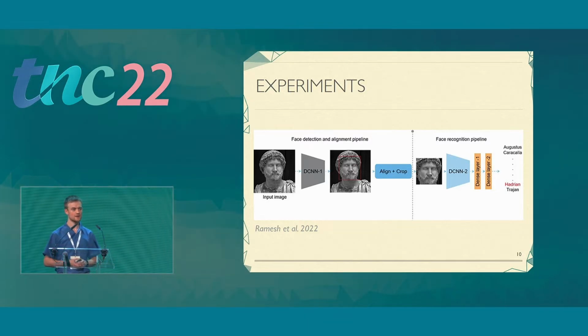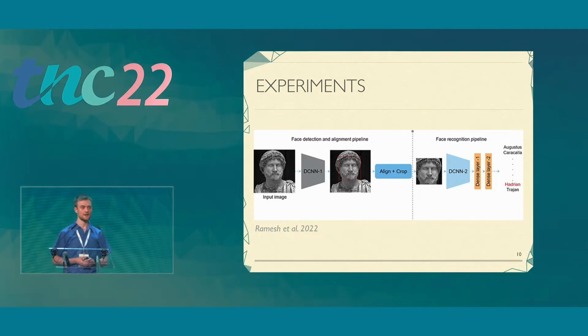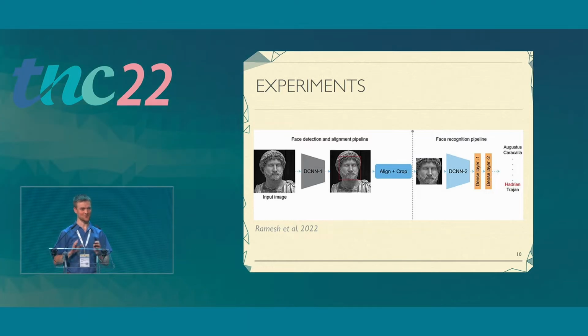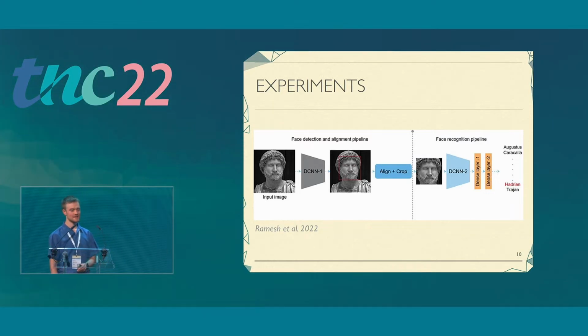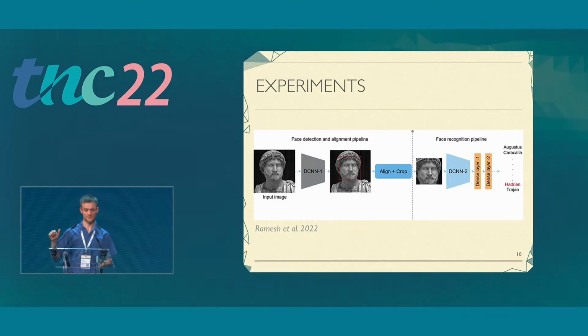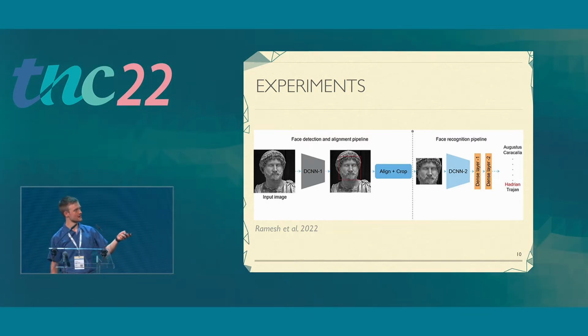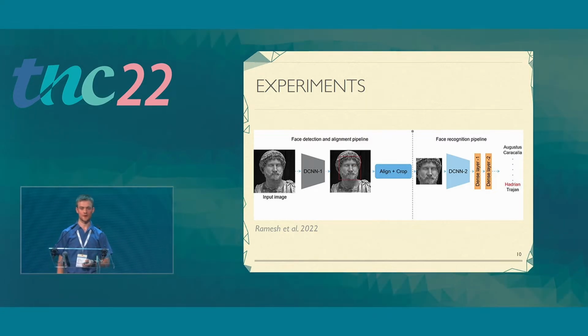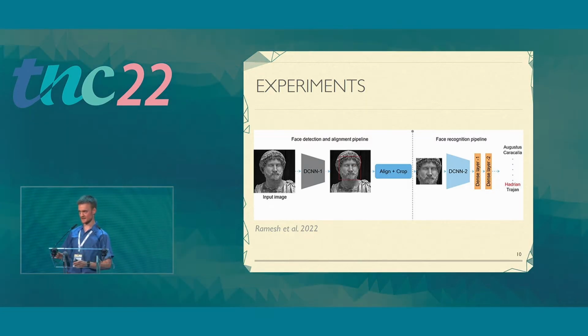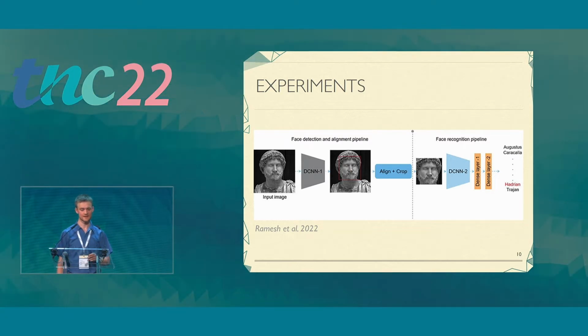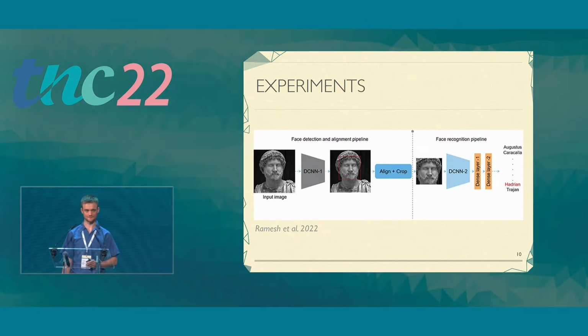For their method, they make use of a threefold of deep convolutional neural networks, which is quite a mouthful. They made three of these DCNNs, and the three work together in tandem. The first one takes the input image and detects a face, if there's anyone there at all. The second one is a network for alignment. After alignment, which you see on the right side of the dotted line, the third network performs the actual identification of the statue, which hopefully is correct, and a label gets attached to this picture.